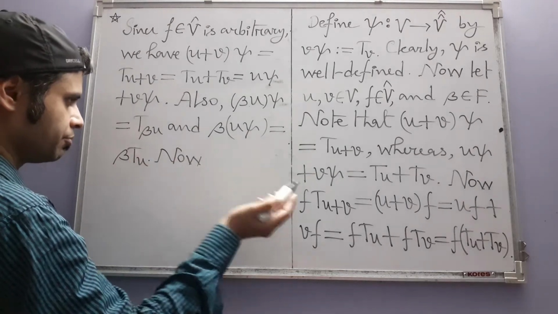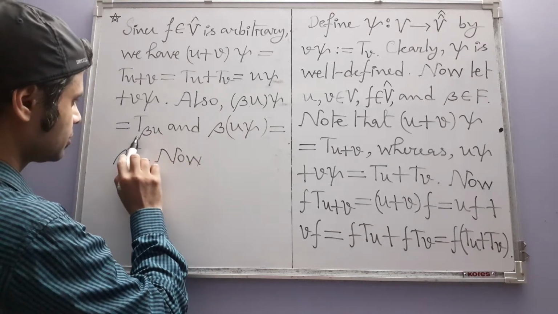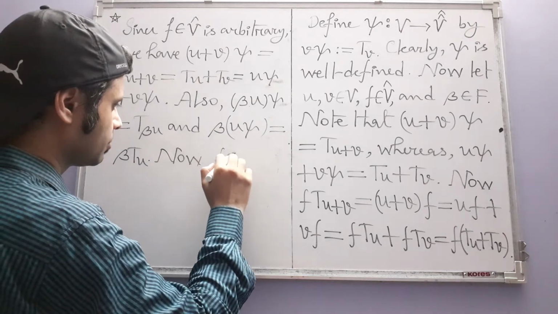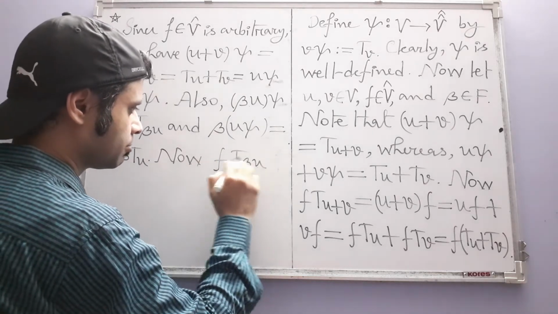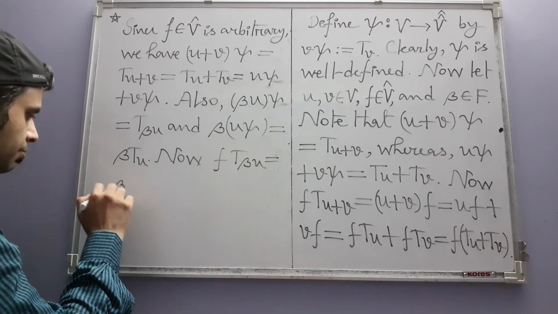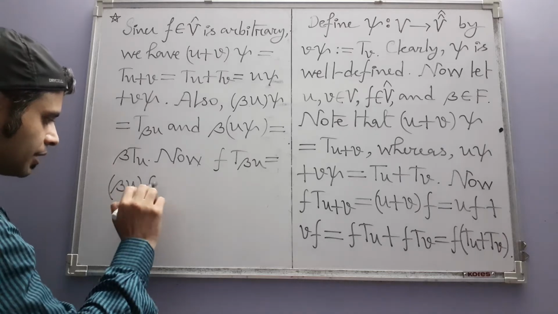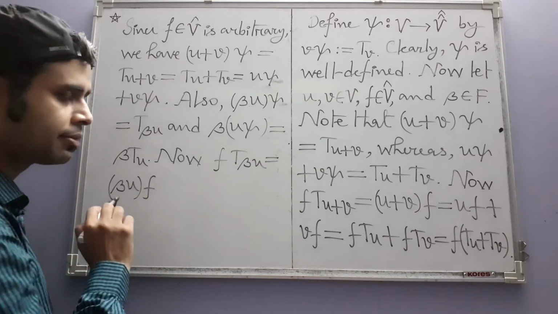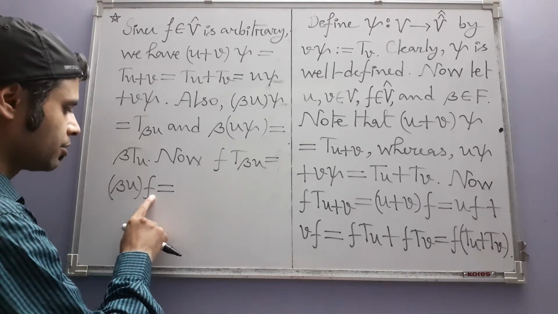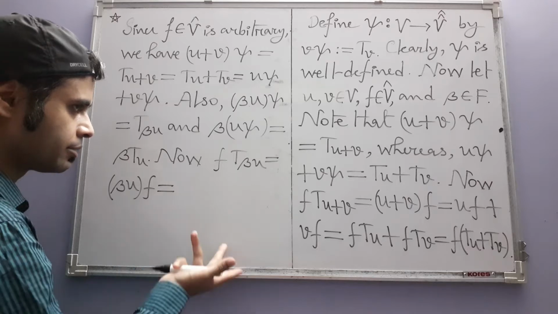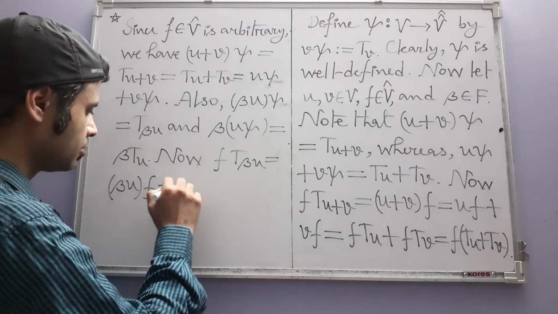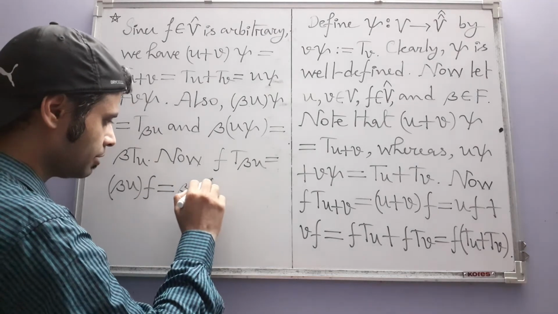Now just like before, we see what the effects of these two things are on f. F of T beta u is equal to, by the definition of T beta u, this is beta u of f. That means the image of beta u under the linear functional f. And again here, because f is a linear functional, so it's a linear transformation, it itself respects multiplication by scalar. So this is equal to beta times u f,